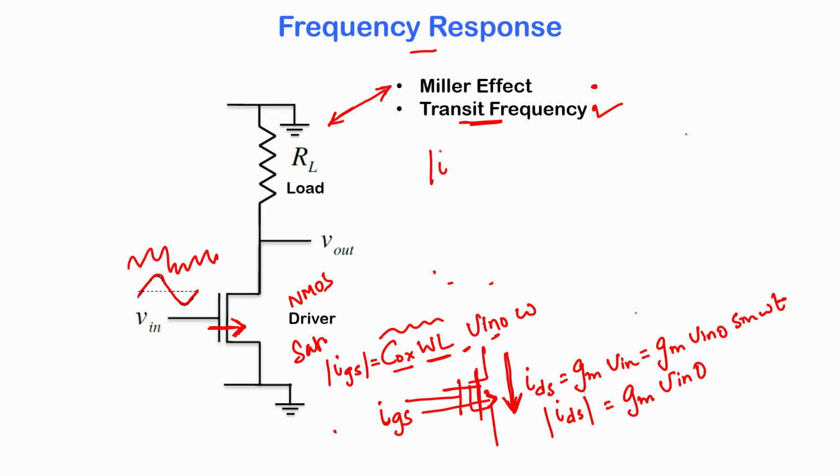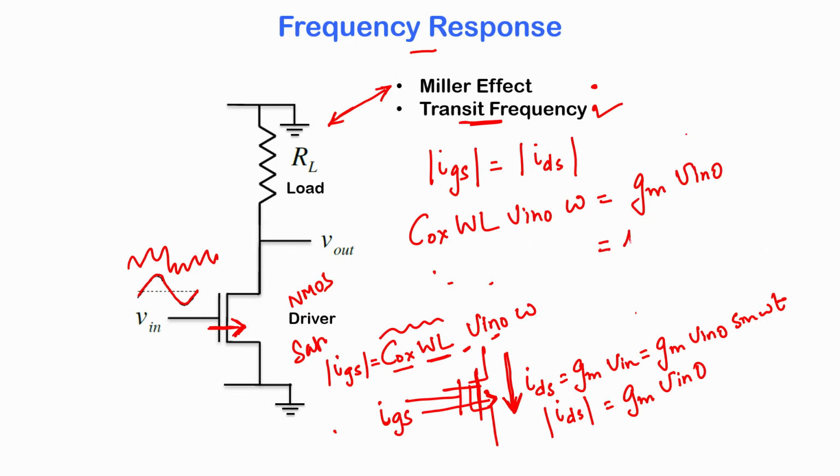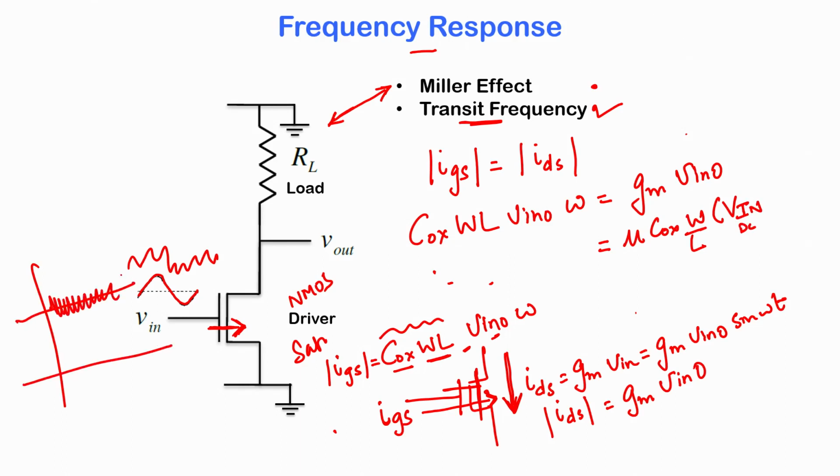Okay. So, in some sense the technology determines the transit frequency, and it tells you that it is a frequency when the gate to source current matches the drain to source current in magnitude. So, which means that this is when Cox W L into Vno into omega is equal to Gm into Vno. And what is Gm? Gm is mu Cox W over L into Vgs, or the Vin DC, the DC value of Vin, which is not shown here. So, there is a DC value of Vin, and on top of that you have this very high frequency small Vin going in. So, the Vin DC minus Vt into small Vno,